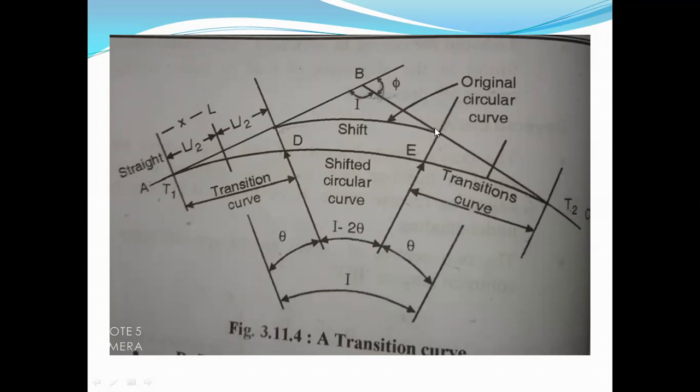Now see the cursor, this is the original circular curve and next is the transition curve, which is extended from the original circular curve. The original circular curve is shifted to the circular curve DE, and it extends from the finite to the infinite value, but having the value equal to this original circular curve. Hope you all get this transition curve.